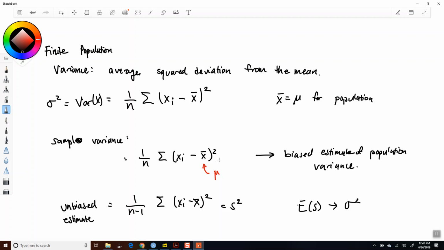And so we're going to end up underestimating the deviation from the mean, right? Because in our sample, the mean is right here in the middle, so of course we're going to have a smaller distance. But if the population mean is something else, the deviations from that location will be larger in general. So anyway,